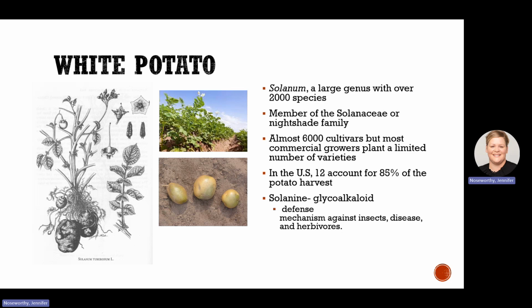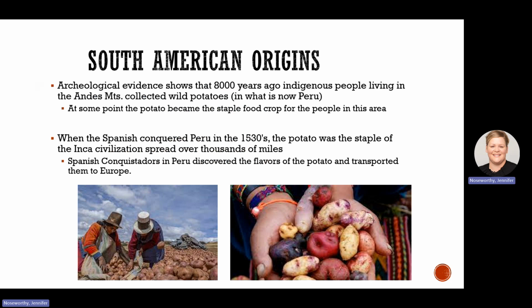For example, solanine is one of those compounds that can build up in the potato and be used as a defense mechanism, but for people, it can be harmful to your digestive tract. So if you see something in the potato that is green, you want to avoid it. But potatoes go back a long ways, adapted to the conditions of Peru, but actually they're very easy to grow worldwide. And they made their way via the Spanish